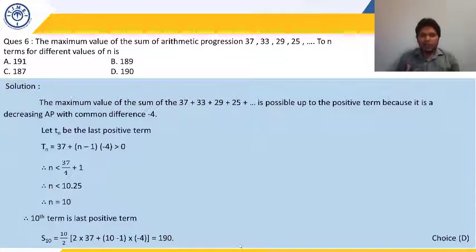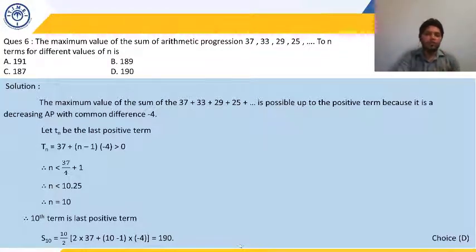So let me just again explain what we have done in this question. What has been asked in this question is, there is an AP series which is a decreasing AP. Why decreasing? Because the common difference is negative. If the common difference is negative, which is -4, then this series is going to be a decreasing AP. So this will go beyond 0 also, so terms will become negative also. We want the maximum value of the sum of this series. So we'll be getting the maximum value of the sum if we add only positive terms. So we need to find out which one would be the last positive term in this series.